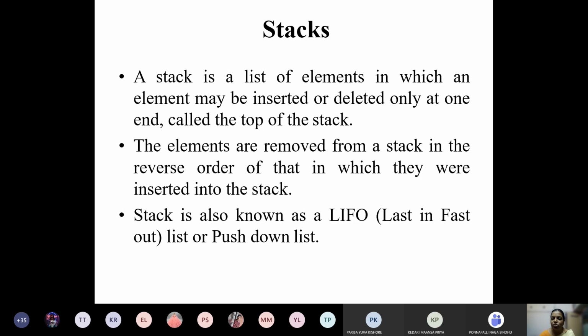But the same stack we can also create with the help of the linked list, especially to create dynamic stacks, that is, without any limitation of size. Generally a stack has a limitation of size. For example, if you create the stack initially with size 5, at a time you can only store 5 elements. But using the linked list, we can create a dynamic stack which does not have any limitation of size.